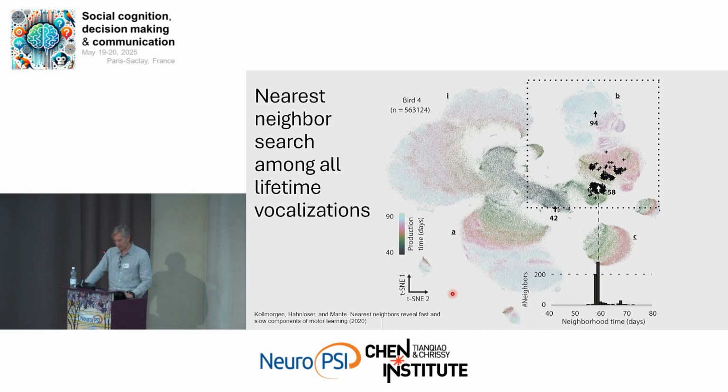And so the analysis method that we used is to look at all the vocal output of a bird. Every point over here is one syllable of one bird in its entire lifetime. So this is like 500,000 points. And you can see when the bird is very young, the syllables lie here in this UMAP embedding plane. And you could see now, when you take one particular point and its nearest neighbors, you could ask, are the nearest neighbors actually from the same period of time, or are they from the future or the past? And we use this to say this syllable rendition is either a regression or an anticipation.